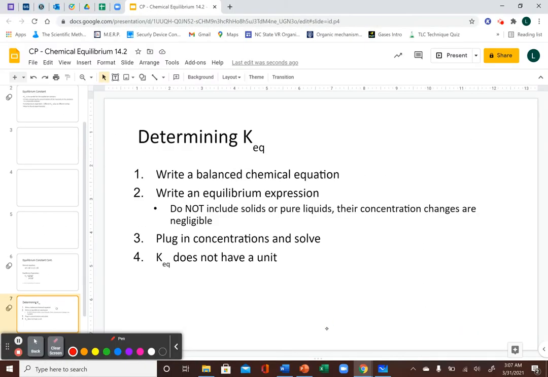Okay, the value of the equilibrium constant, the value of KEQ, is really helpful in figuring out